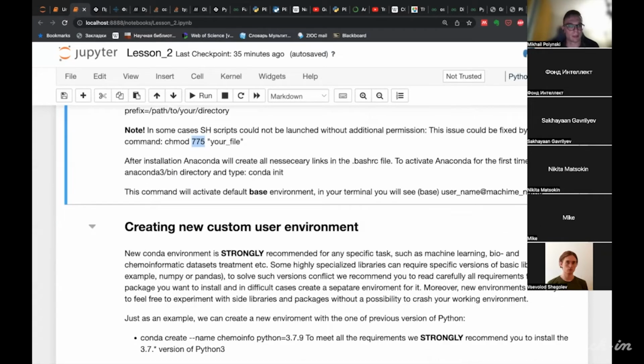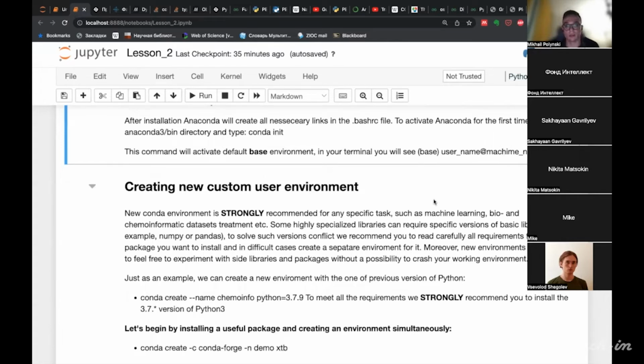So next, if you use Mac platform or Linux, you need to activate the base environment of Anaconda.